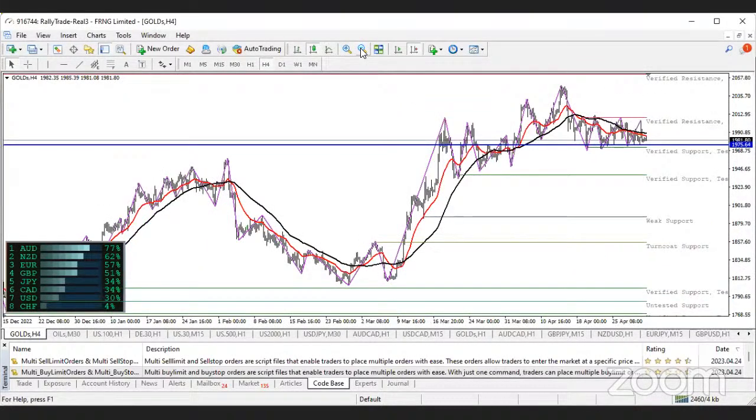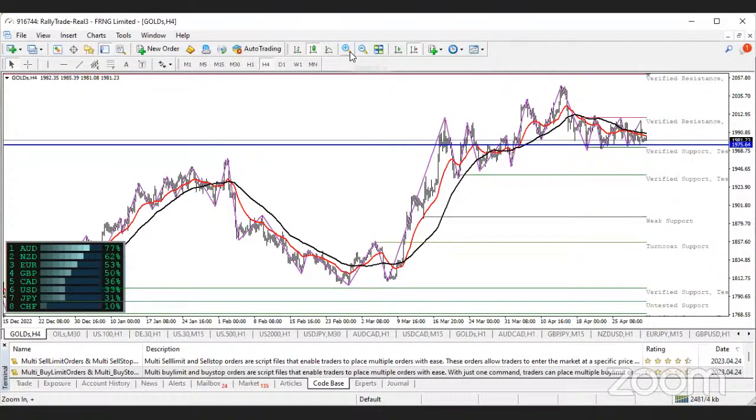If you also notice something with gold, if you really don't know how to shrink your charts, especially when it comes to analyzing this market, I think you need to join most of our classes. It will help you. If you notice something, immediately I opened gold, what do you see? Ever since gold broke this verified resistance, that is on my 4 hours time frame, it has been trading between these channels. I hope you are seeing this. It has been trading between these channels, forming triple top and triple bottom.